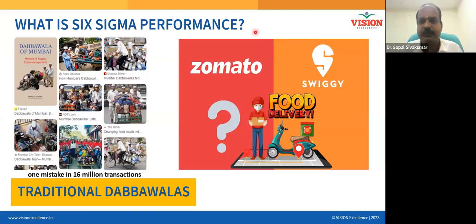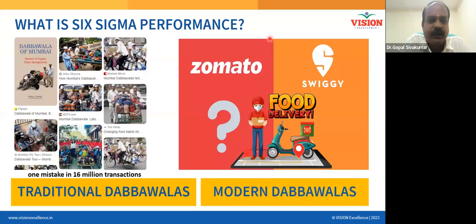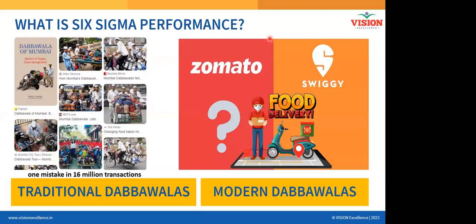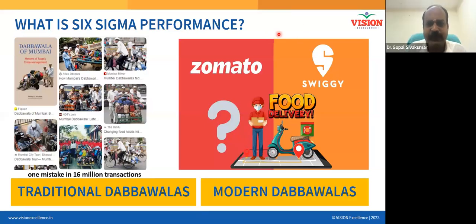And what do you think their performance is in terms of the CTQs we just discussed? Are they performing at Six Sigma level? No, not exactly. May or may not be. We really have to measure, because Six Sigma has a benchmark performance. In order to say your performance is Six Sigma, the defect rate should be lesser than 3.4 DPMO. This way of defining Six Sigma is easy to understand.